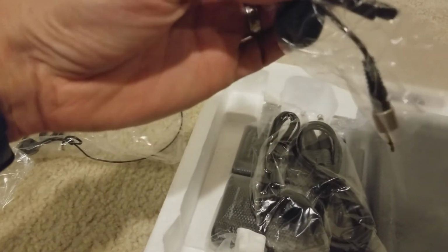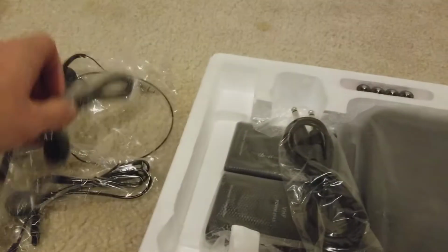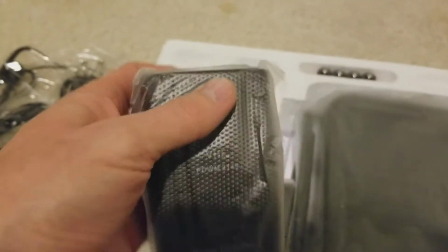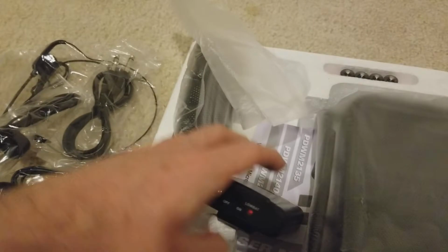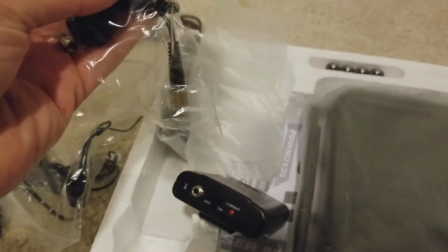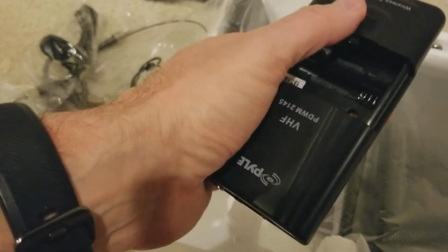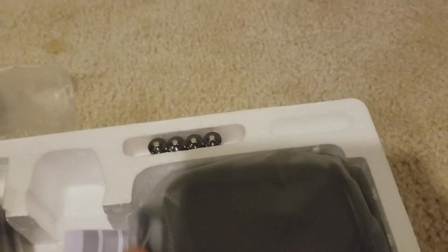Then also here we have another. This is a lavalier microphone right there. You can see the little clip there, the lav right there. Here's another lavalier. So there's two of each. Then you have this connector cable right there, and you have two transmitters. So these are going to allow you to, I'll take one out, basically connect the microphone from you right here, these little connectors, into this microphone input here. And they require 2 AA batteries. Actually it even comes with 4 AA batteries that you can put in each of these units. And then here you have the base unit with two